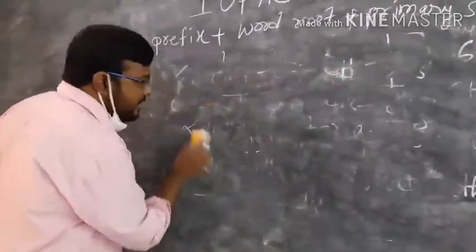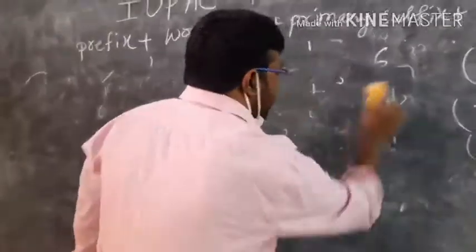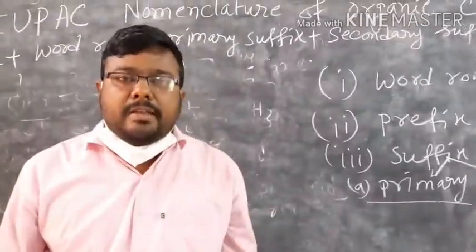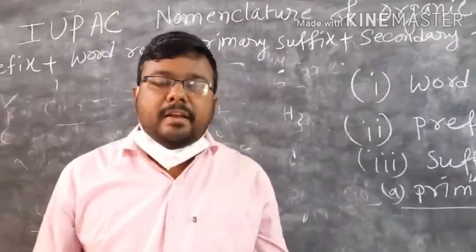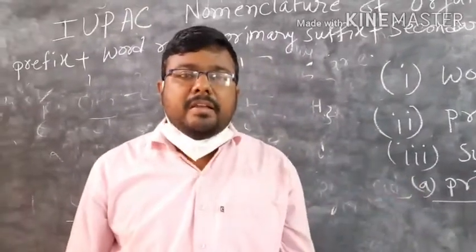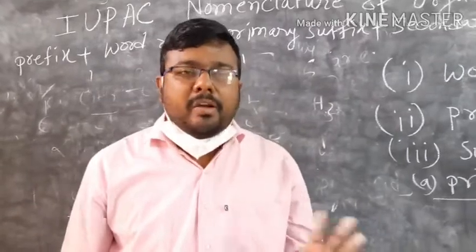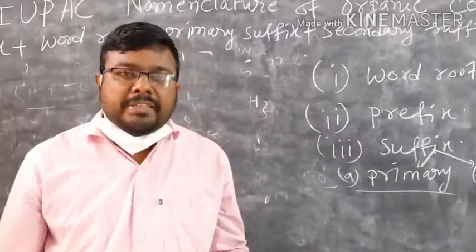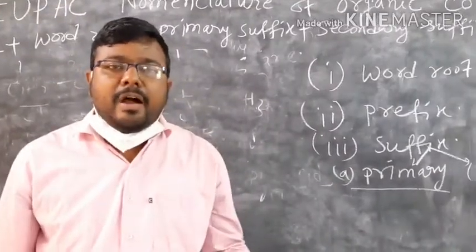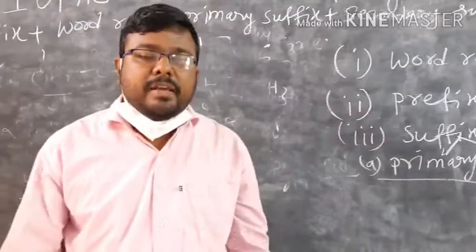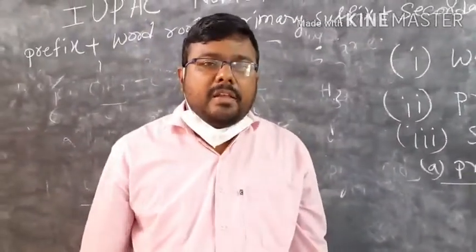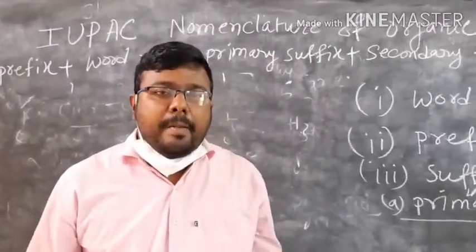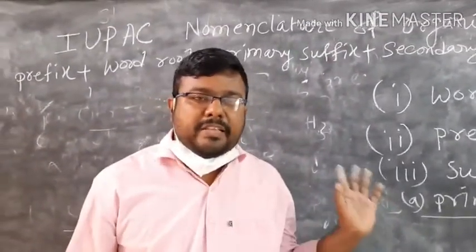The general rules we have discussed here. In the second part, we will discuss how to name complex substituents. Then in the third part we will discuss the nomenclature of compounds containing double bonds and triple bonds, and then functional groups. After that, aromatic hydrocarbons and how to name them, because in this nomenclature there are many rules. So we have to discuss part by part. I hope this video will help you learn about the IUPAC system of nomenclature of saturated hydrocarbons.